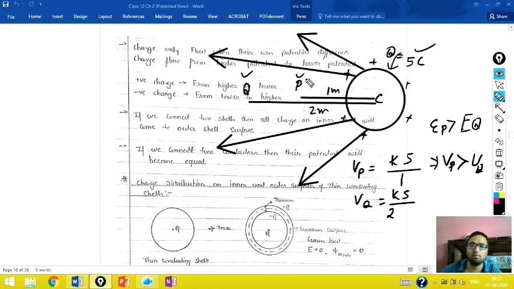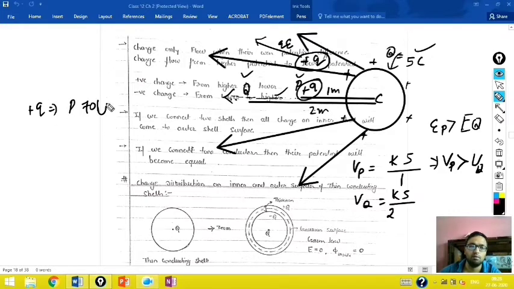Now suppose I have placed a positive charge. You know that a positive charge always moves along the electric field line, because some force QE will act on this particular charge plus Q. So if we provide plus Q charge at P, it will move from P to Q. Why? Because the electric field is acting in this direction. From this concept we make one statement: a positive charge always moves from higher potential to lower potential.